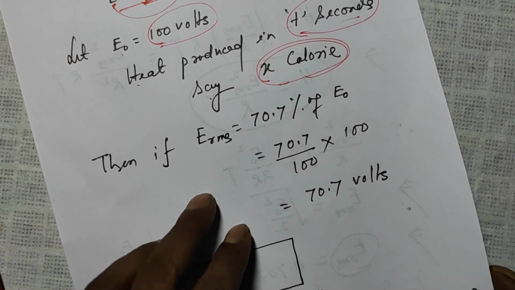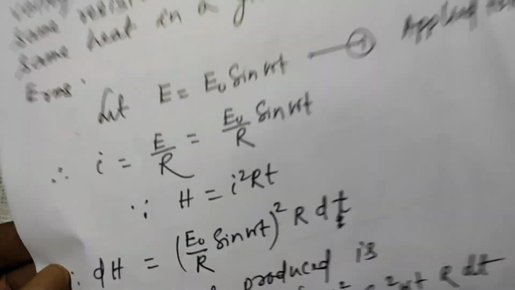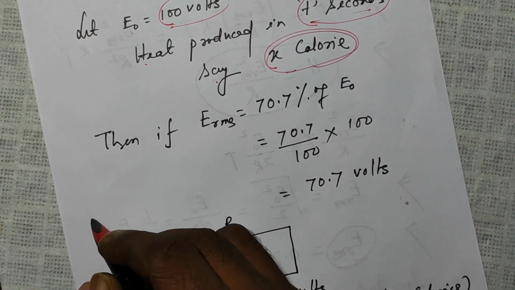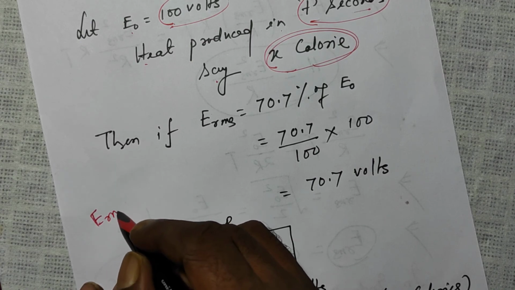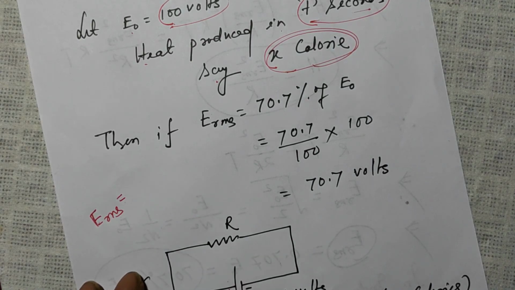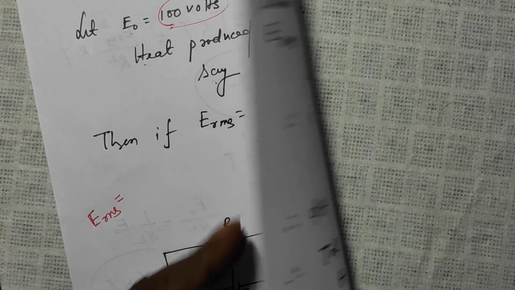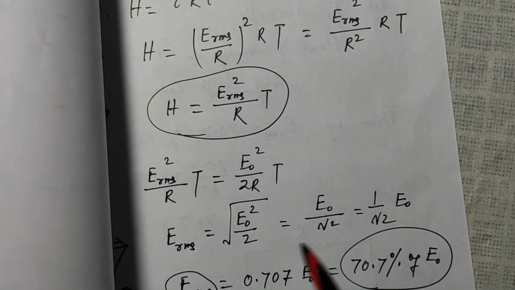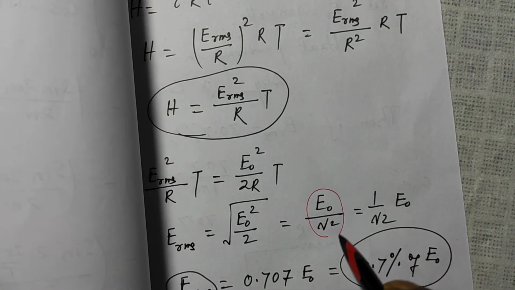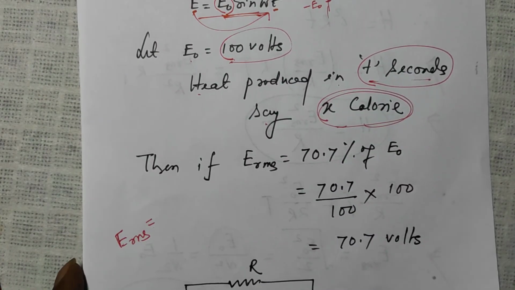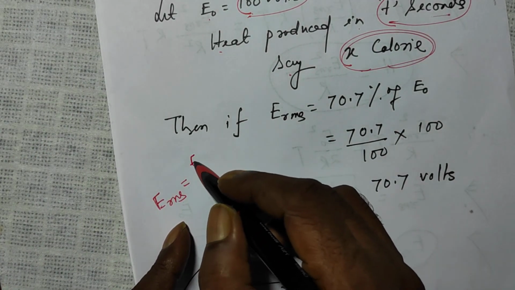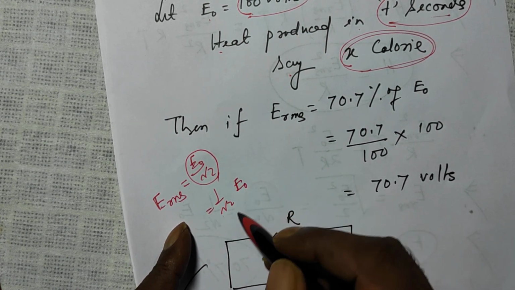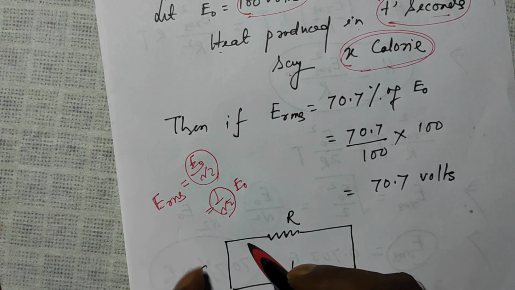Now we'll derive in these pages that E RMS comes out to be the maximum value E naught divided by root 2. E RMS will come out as E naught by root 2, that is equal to 1 by root 2 times E naught. This 1 by root 2 comes out to be